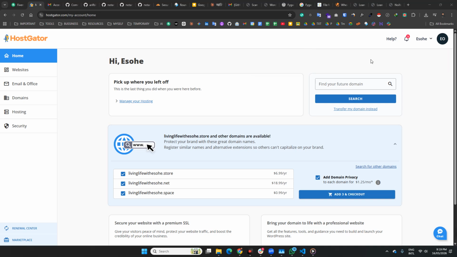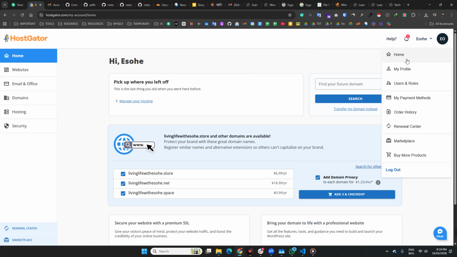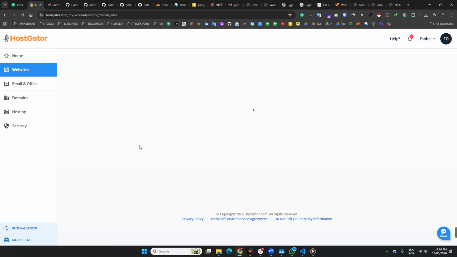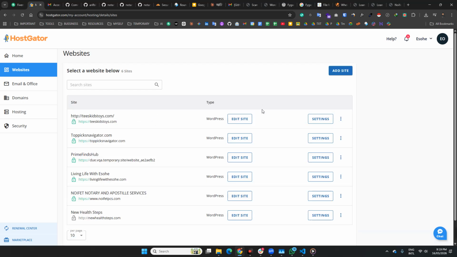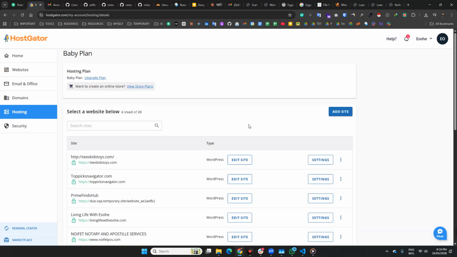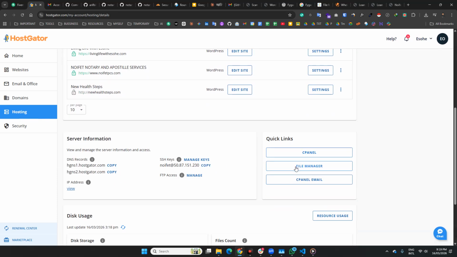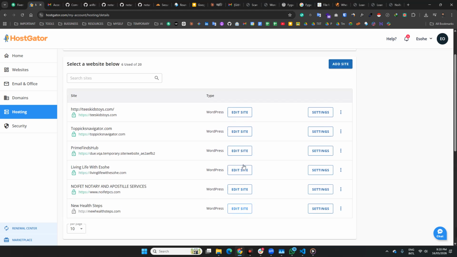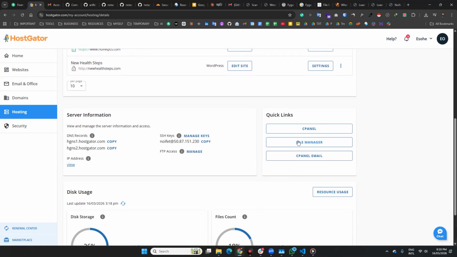Okay, so first you need to log in, and after login you just go home and you will get an interface like that. Here you will see the websites that you have already installed. And if you go to the cPanel or hosting, from here you can go to the cPanel file manager, cPanel email. I think you are familiar with cPanel, so if you think these are very complicated, you can use cPanel. So let's see, if I go to the cPanel,